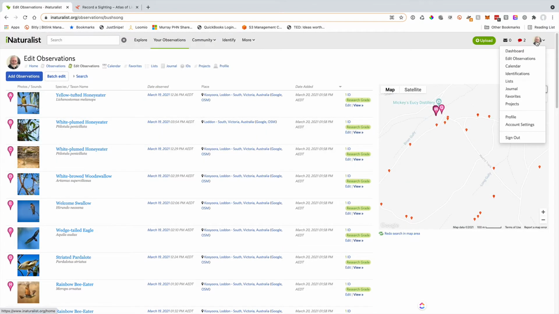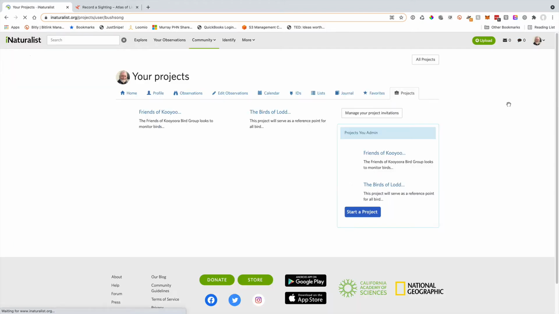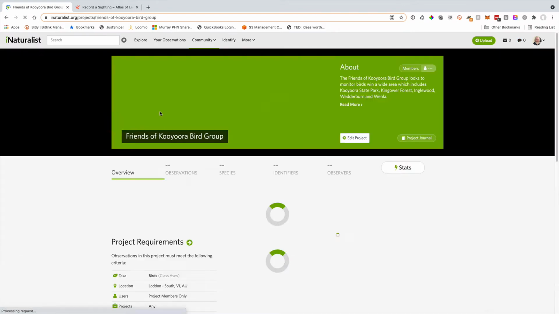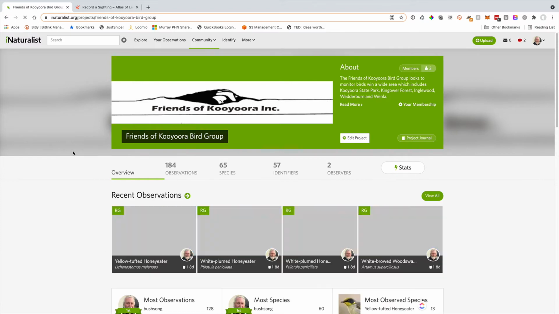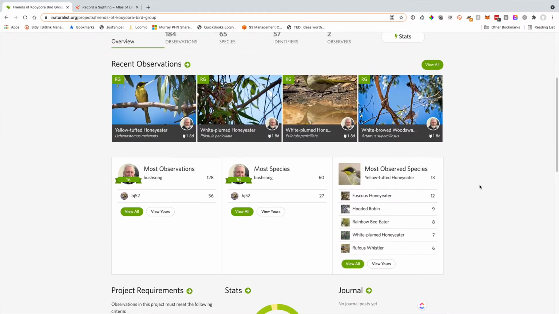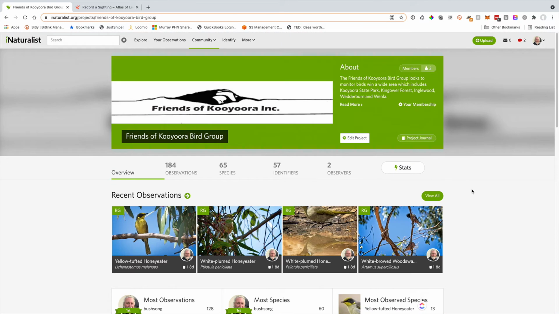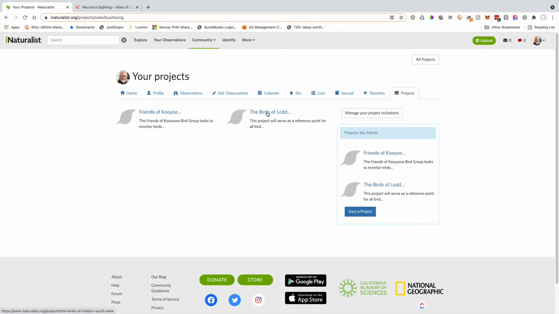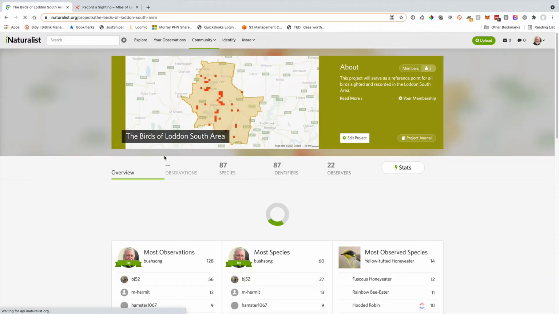Now the other thing too, this is on iNaturalist, that you can have projects, and we've set a couple of projects up in iNaturalist. One's for the Friends of Cura, and to join this project then you have to be a financial member of the Friends of Cura. But this is to record all the sightings in the birds area that any of the financial members of the Friends of Cura make. And we've also set up another project called the Birds of Loddon South, and this is